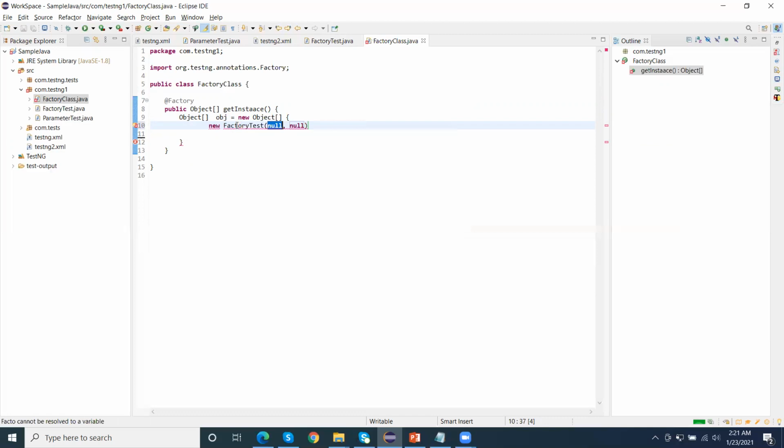There is a constructor. We can pass here username as well as password, like user1, and the second argument password1. So we can create n number of objects like this with different sets of data.